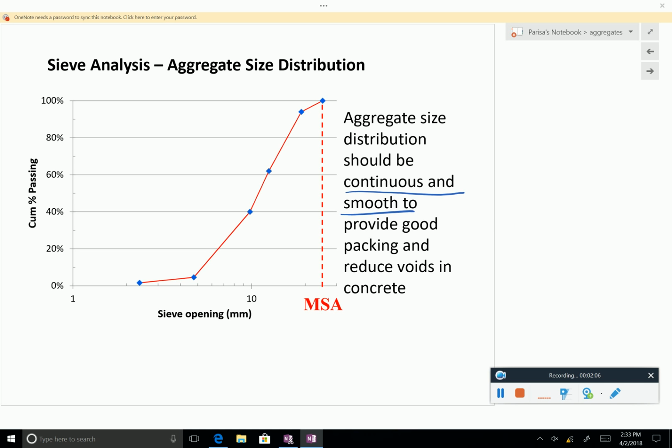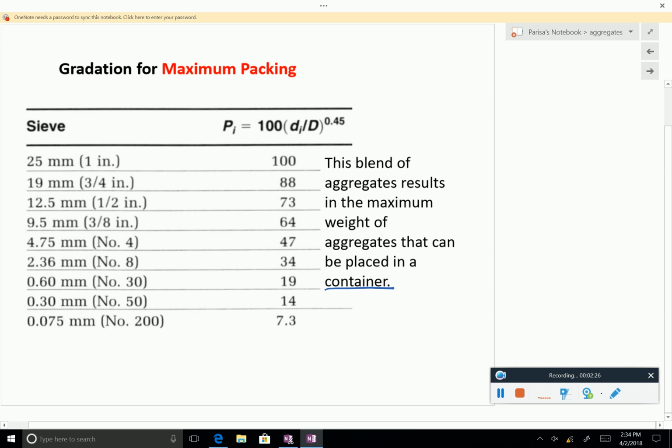For most of the applications, we want to have a gradation curve which is continuous and smooth, because you don't want to have too much voids in asphalt concrete or in concrete. You want the finer aggregates to fill up the space between larger aggregates. It turns out that if you want to have the maximum packing, it means the ideal situation where, if, for example, you had a certain container, if you have this kind of gradation, you will have the maximum weight